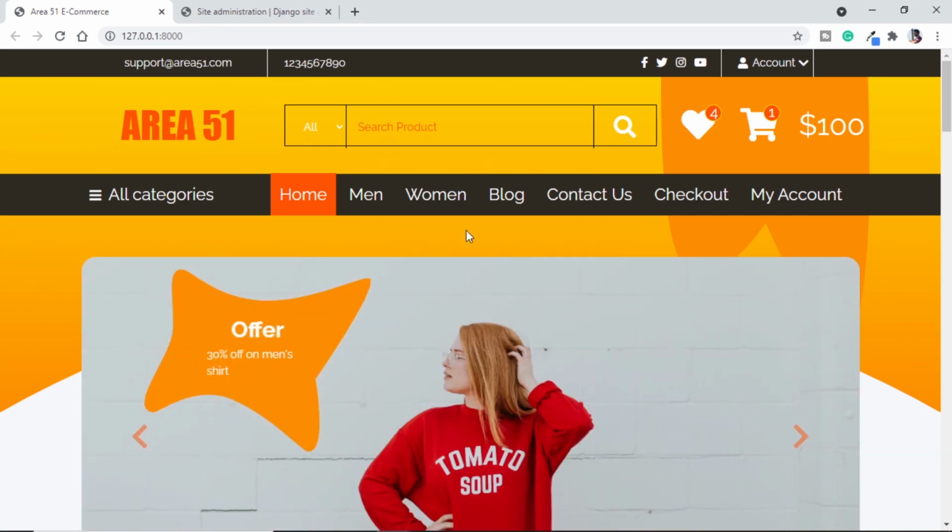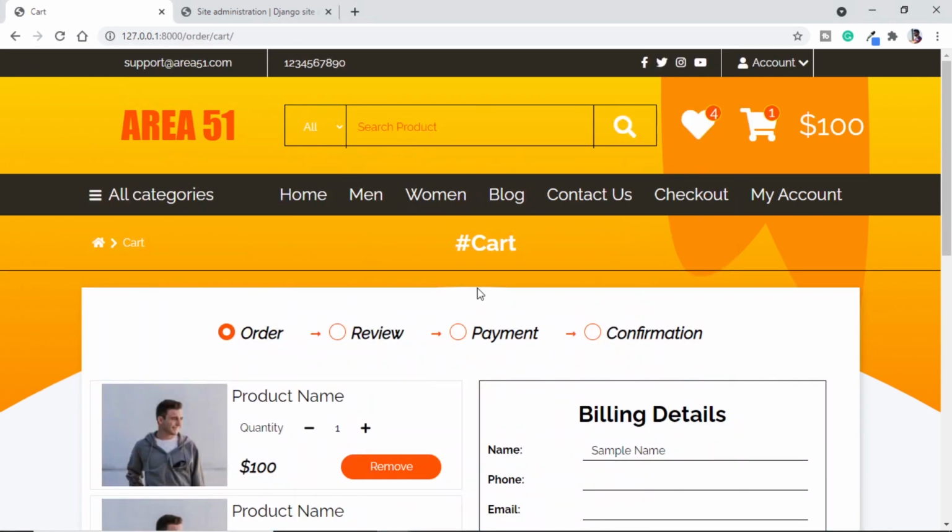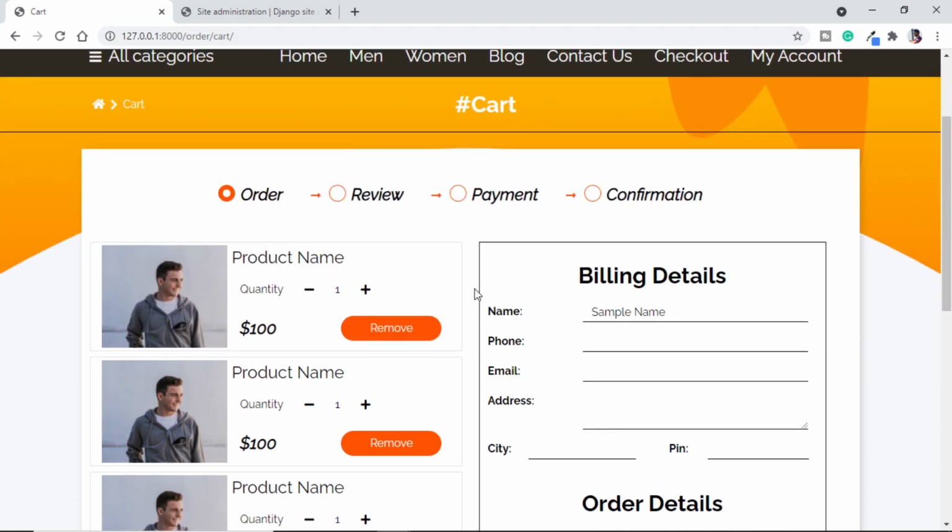With that, let's go to our cart page. So this is our cart page. This is the dummy data. So what we are going to do is, just like wishlist, we will be making a model of order items, and we will be making another model that will be order, because we want to show unordered items here. If there are some products in the cart and the user ordered them, then we want to remove them and make a new order list. It will be clear in a moment.